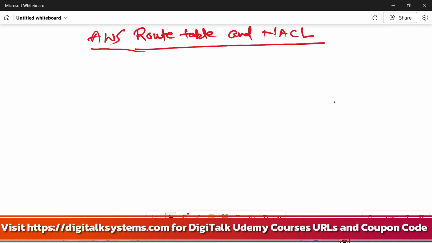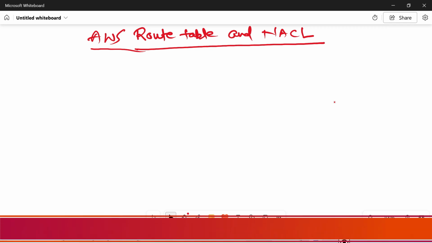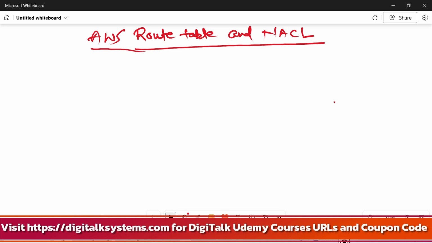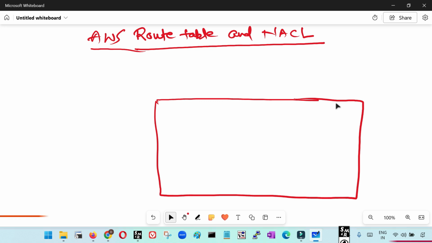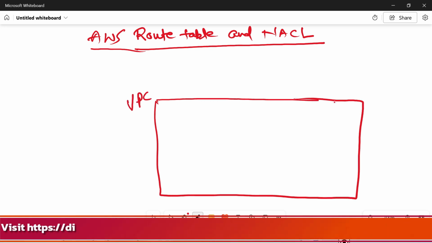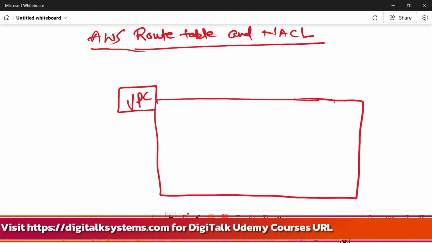Before that, let me give you a quick recap of what we have learned in the previous session about security groups by drawing an architecture, and then I will continue on the route table and NACL. Right. So now let me draw. Let's suppose this is my VPC. This is my personal VPC in the AWS cloud. And suppose that this is the internet,